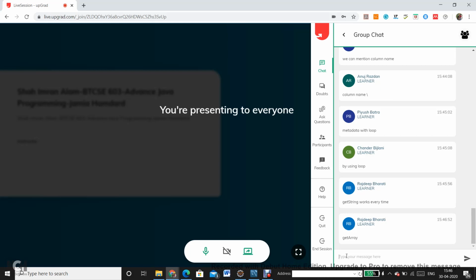getArray, yes, getArray can give you the complete array. That's one option. Anything else? But with the array, I have not seen the method signature, but it must be restricting you to one data type, say string. getBlob is of course for a larger set of data which requires a lot of space, so I will not favor getBlob. Anything else? Anuj Razan is asking, please repeat the question.